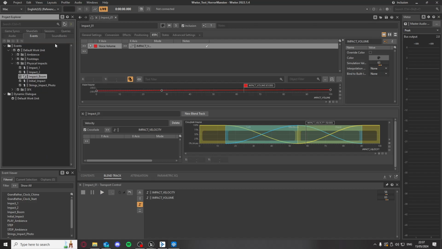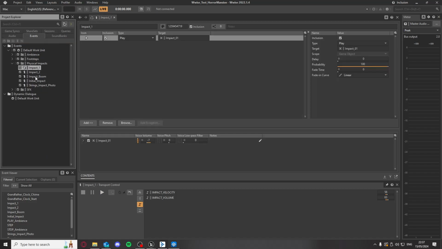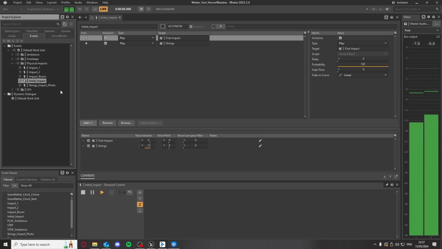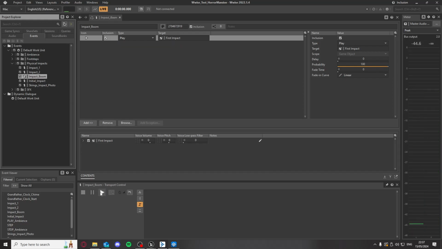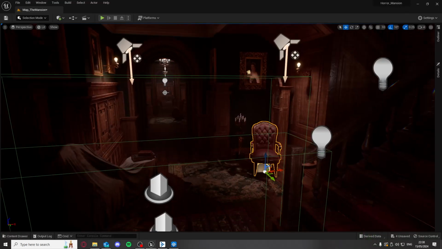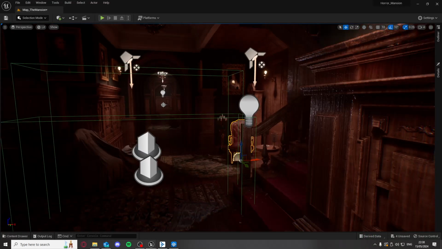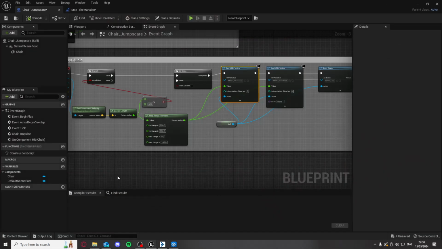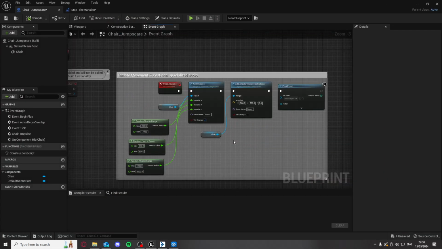So these are controlled through a couple of events. We've got the impact, and then we have some little sweetener layers as well, some hyper-real things that we only want to hear once, not every impact. Just little things that we can add to give a bit more of a hyper-real sense to our level. So on the actual chair itself, nice and easy, we're going to fire it off in a particular direction